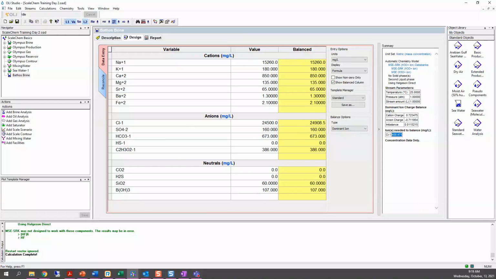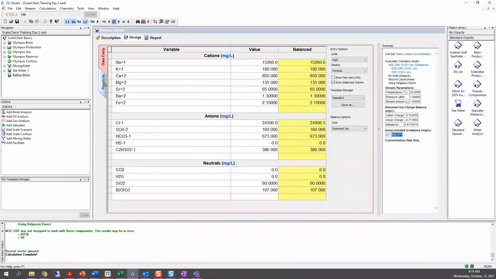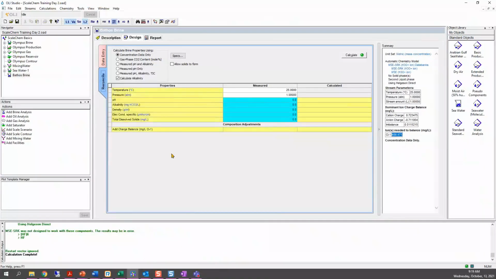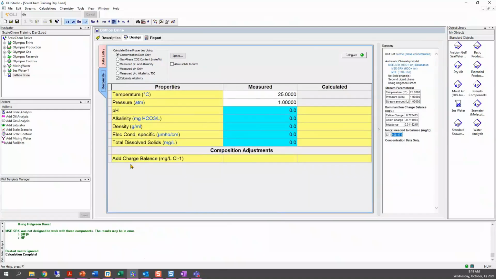Now the next step is to enter the measured properties in our reconcile window. So we click on the reconcile button, and it brings us to this screen. These properties were probably measured at 25 degrees C and 1 atmosphere.